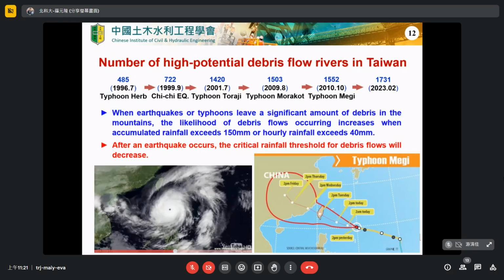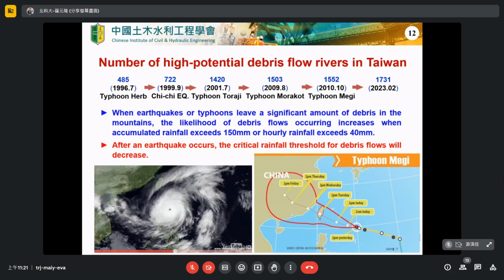This slide shows the number of high potential debris flow rivers in Taiwan. As you can see, there were 485 rivers with a high potential for debris flow in 1996. However, you can see the number increase year by year, up to 2023, when it increased to